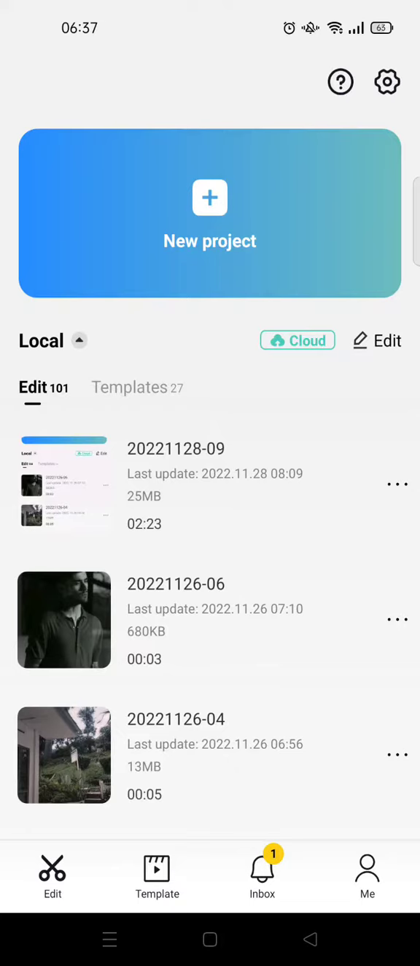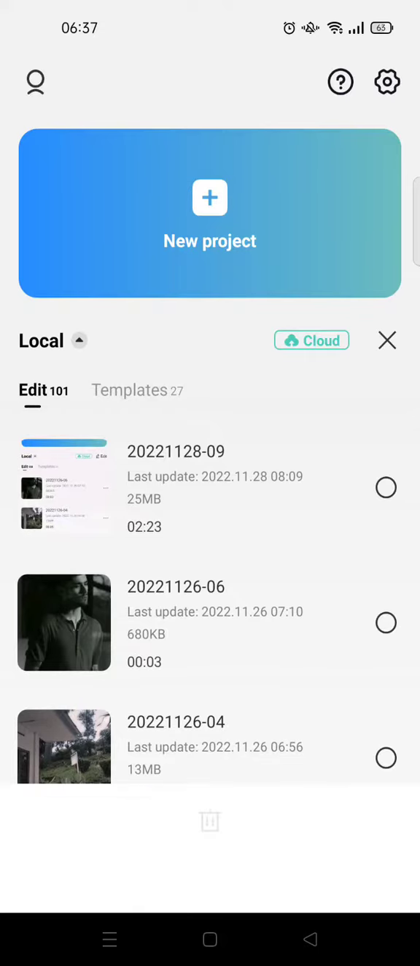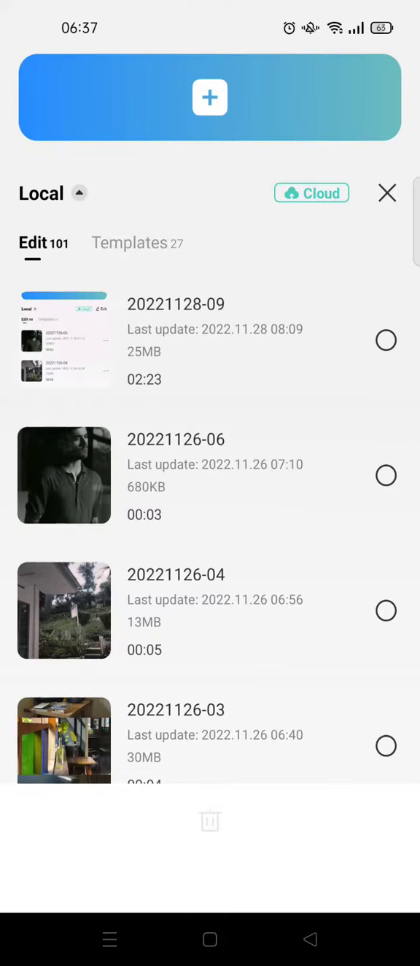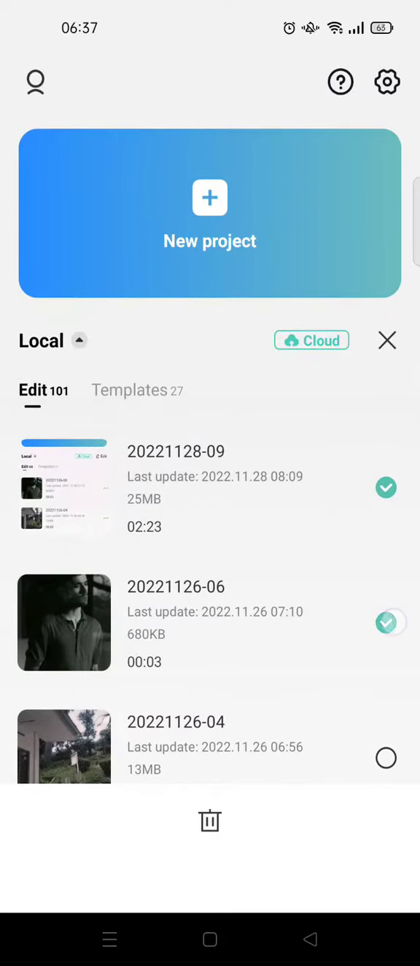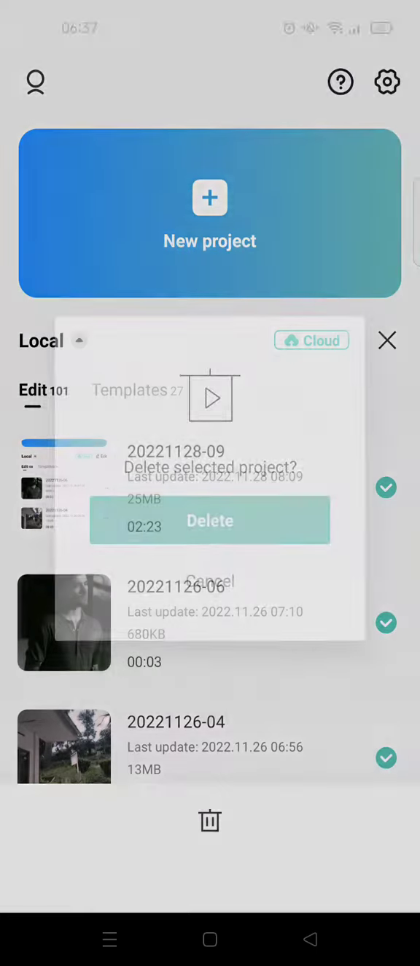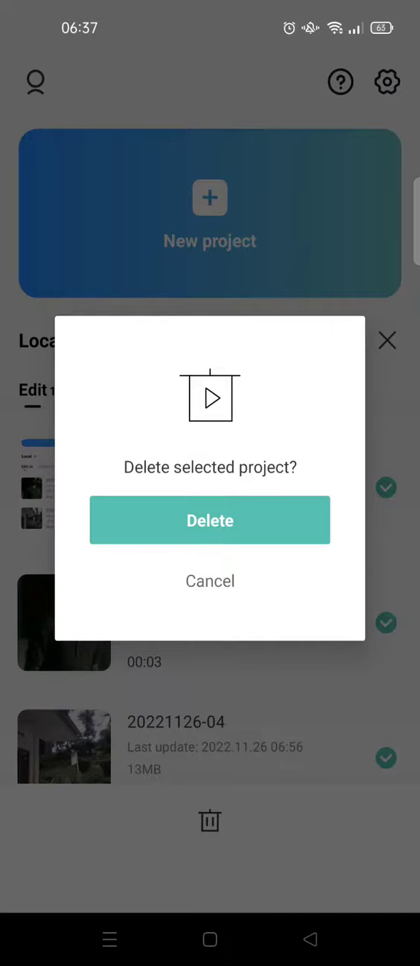So here I'm already on my CapCut app, and if you want to delete the files, you can just click on the edit here, and then this circle will show up and you can choose the files that you want to delete. For example, these 3 videos, and then after that click on the trash icon at the bottom, and here there will be a pop-up question and you can just click on delete if you are sure